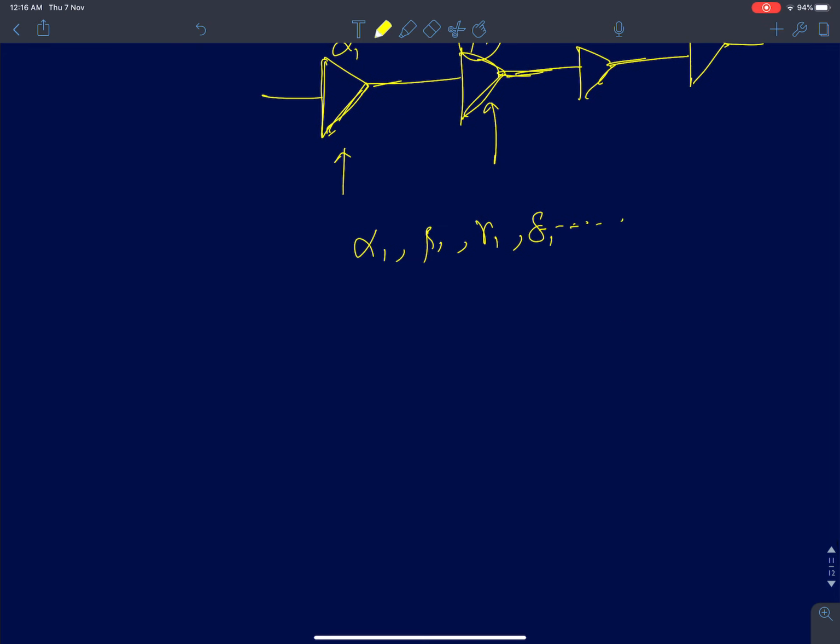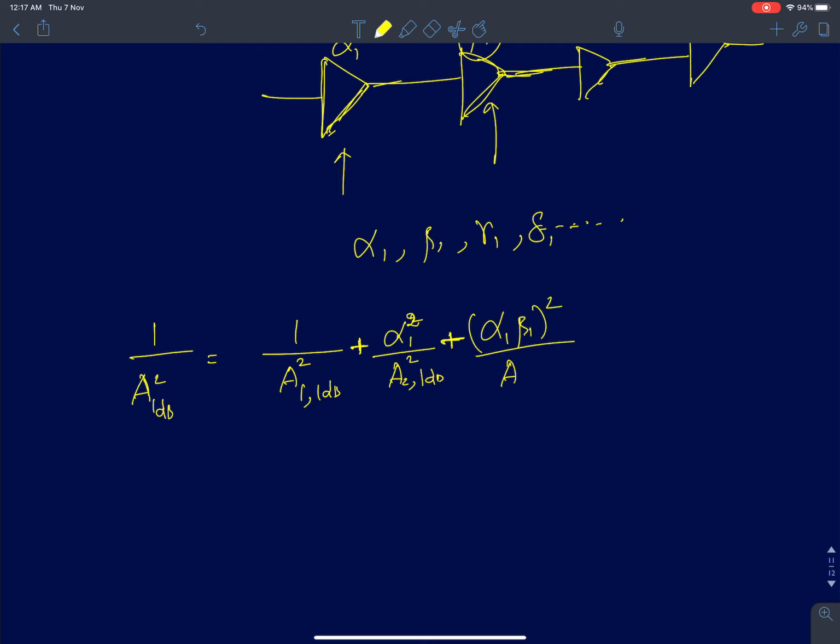Then I can write the overall 1 dB compression point as: the first stage's 1 dB compression point; the second stage gets multiplied by alpha 1 square by A2 1 dB square, plus the third stage gets multiplied by alpha 1 beta 1 the whole square by A3 1 dB whole square, and so on. The fourth stage will be alpha 1 beta 1 gamma 1 the whole square by